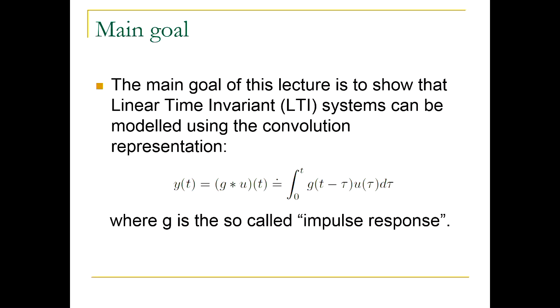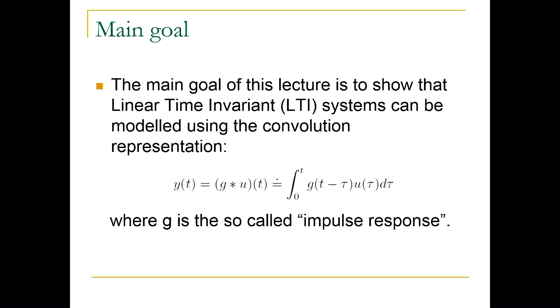And the main goal of today's lecture is to derive this equation. So what this equation says is, give me any input, u, I can calculate the output of this system using this equation. Now, note that in this equation there is this function g,